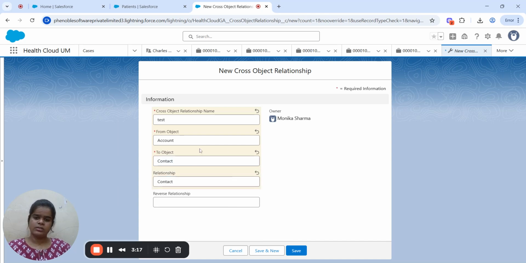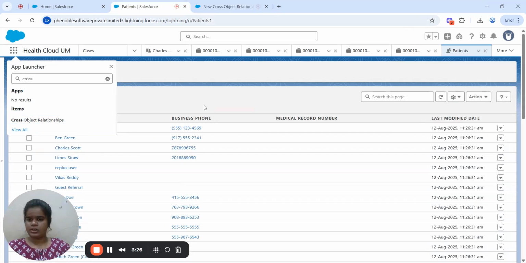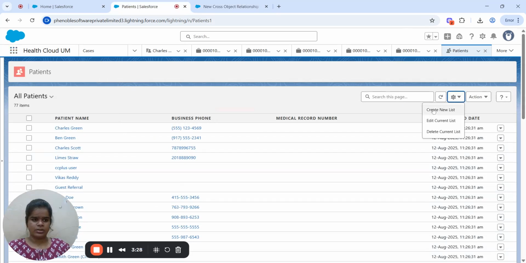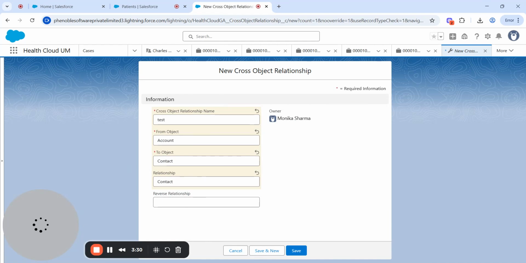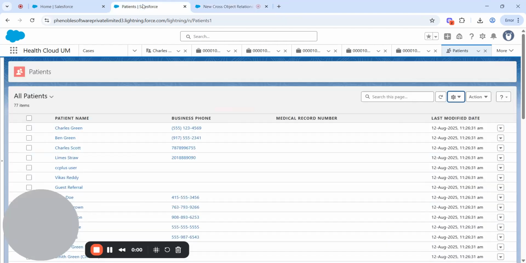So here is a basic example of how you can see the cross object relationship shown in this list. In this example I am avoiding creating it.